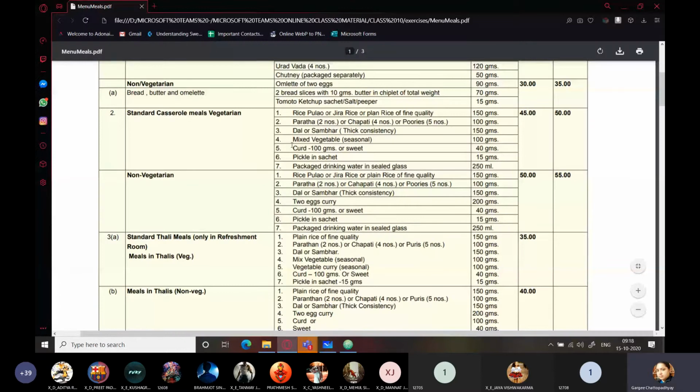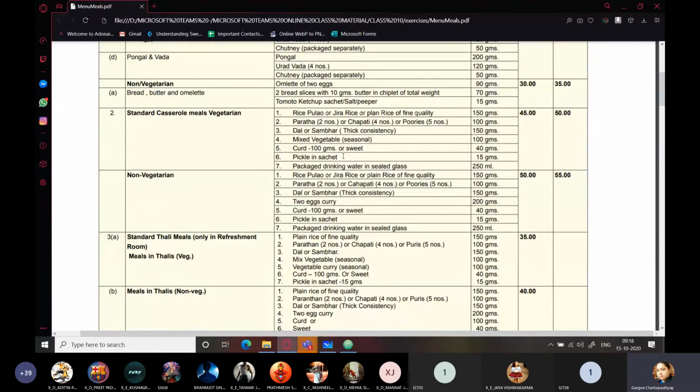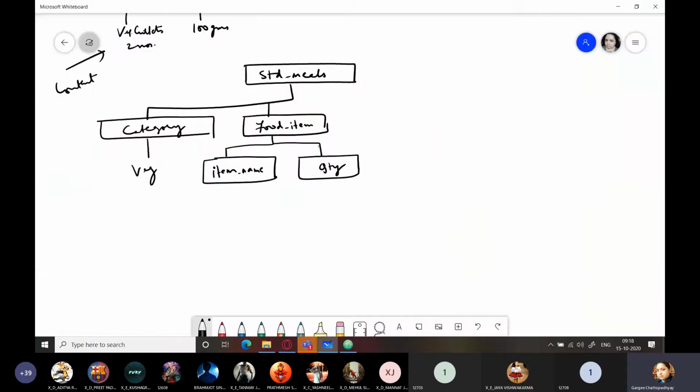Item name. This whole thing is one food item because if you have traveled a lot in trains, you are quite aware of the fact that this whole meal comes as a pack. Okay, these things contain these items. So either you will have rice pulao, either you will have jeera rice, either you will have plain rice. Okay, either you get 2 parathas or 4 chapati. It is up to you to choose between that, right? So how can you make this? How can you create this? How will you do it?